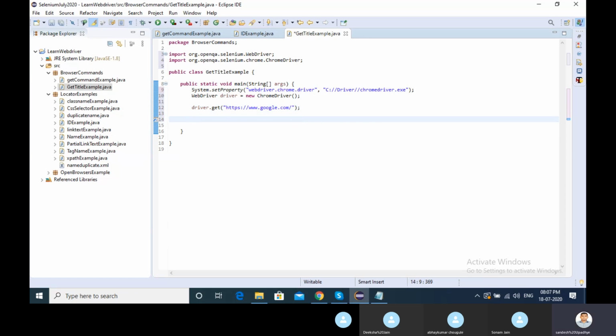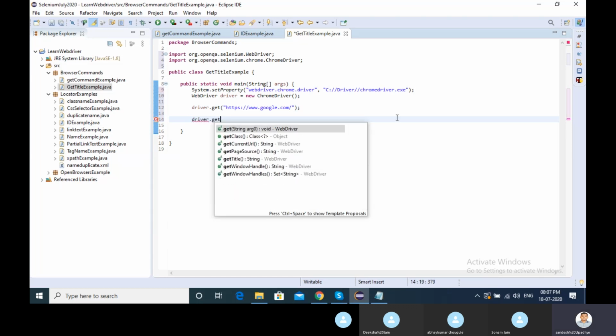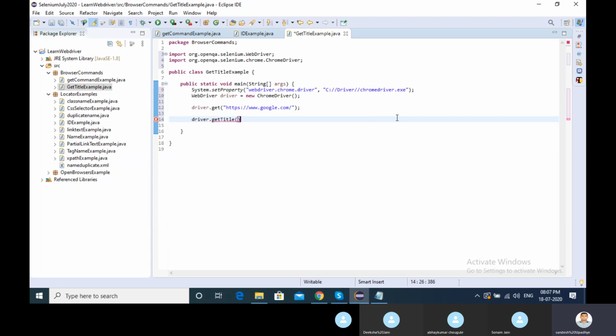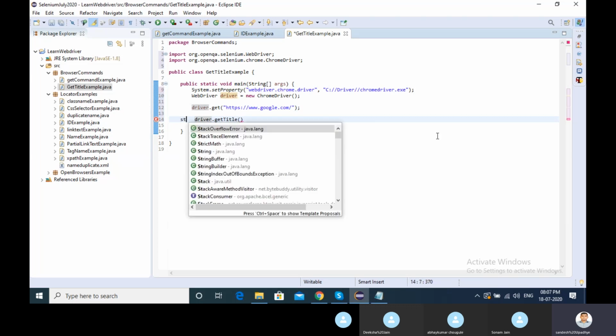I want to open Google, and if I provide driver dot get title, what happens? While writing the test cases, if we want to print the title for the application, then we can go with the get title command. Get title will store something into a string.